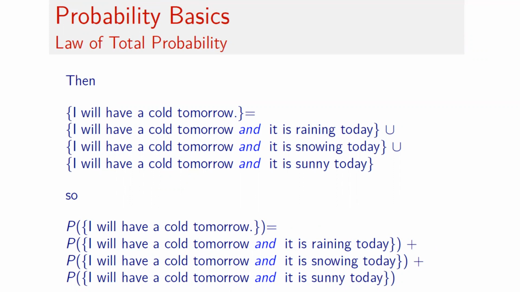So the event that tomorrow I have a call is the same as, yeah, the event that I will have a call tomorrow is equal to the event that I will have a call tomorrow and it is raining today, union, I will have a call tomorrow and it is snowing today, union, I will have a call tomorrow and it is sunny today. Remember that is all the universe and that is equal to 1. So we have all the epsilons here, okay?